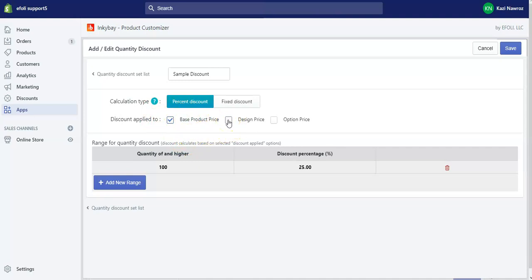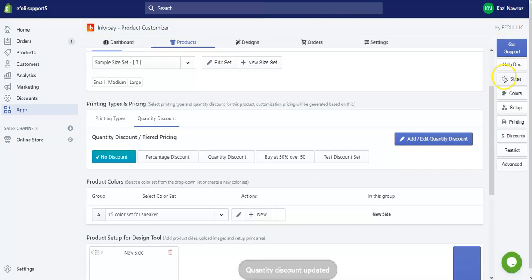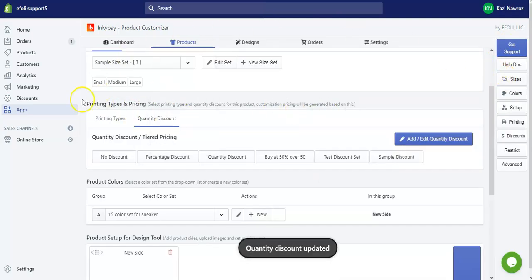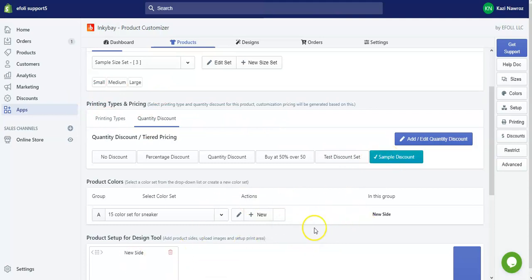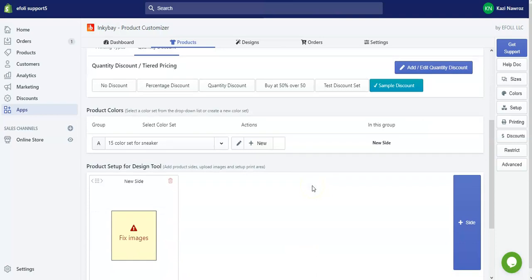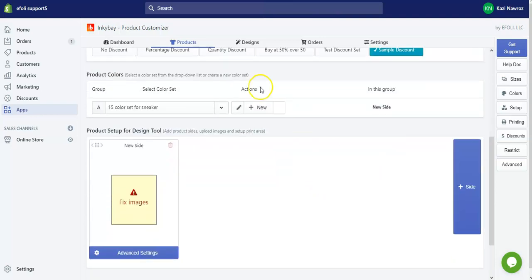If you want, you can also add design price. This is how you add a quantity discount and then save it. Now if you select the discount that you have just created, you will be notified that the quantity discount has been added.